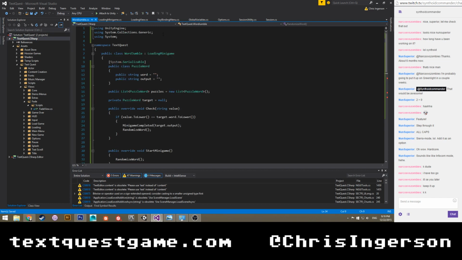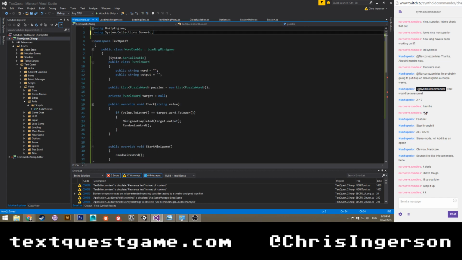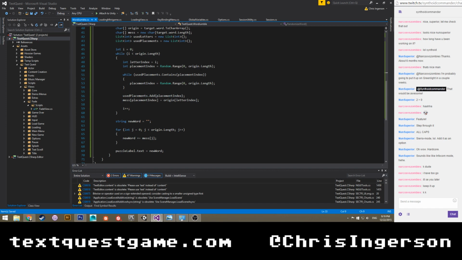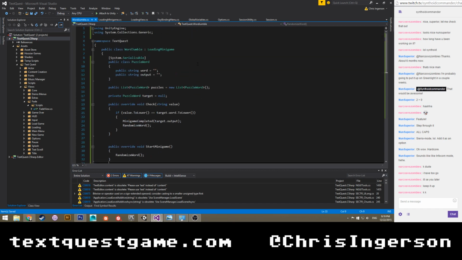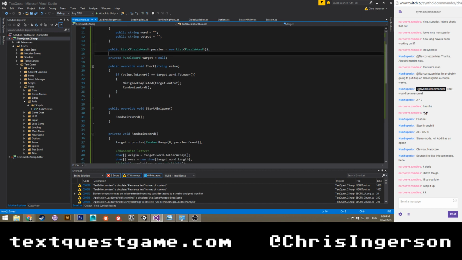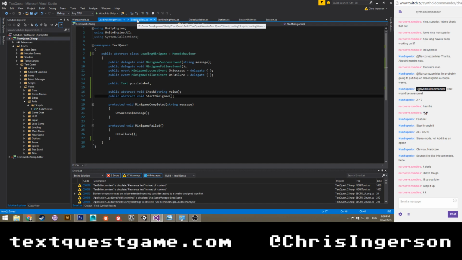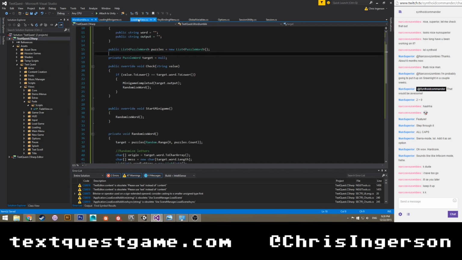Seriously, did it add? Why does it keep doing that? Stop it. Keeps adding system. I hate sometimes that it adds stuff for me. I really don't like it when systems do that. So let's go ahead and probably should let this compile inside of Unity. Actually, I'm kind of curious to see what's going to happen.